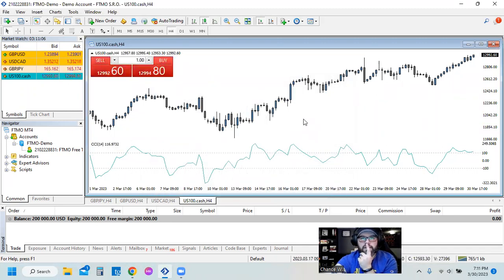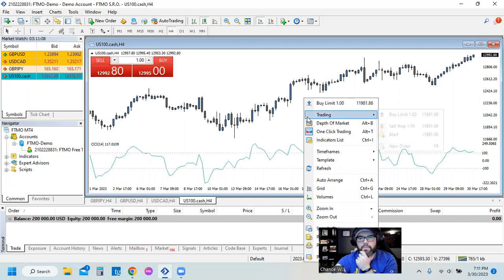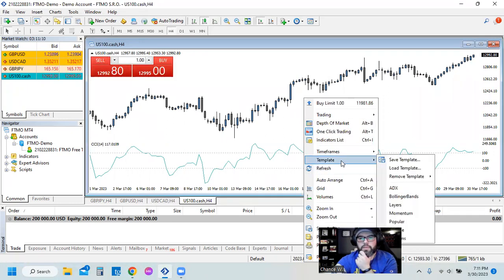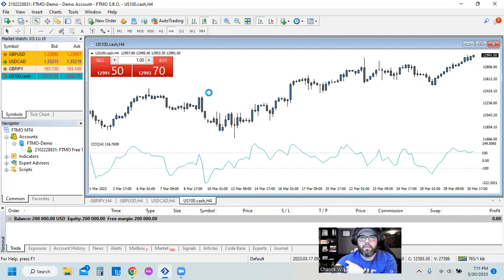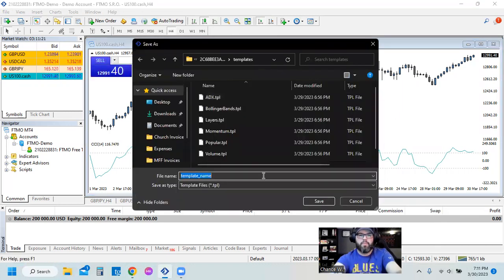Look at that. Now I'm going to right click, and I am going to go to template, and I'm going to save template. This is really important, so you don't have to do this for every single chart. Just hit save template, and a box will come up, and then I'll just put, let's just see, I'll just put chances template,